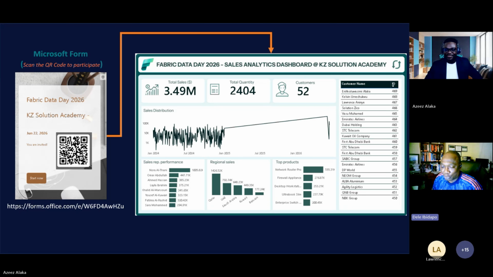Basically, I'm an infrastructure DBA, and because of that I understand some of the things you're talking about. I'm also a product of KZ Academy. I think I've done both the data science class and the data analytics class. It's my pleasure being here today. I hope to learn this end-to-end product from Microsoft.